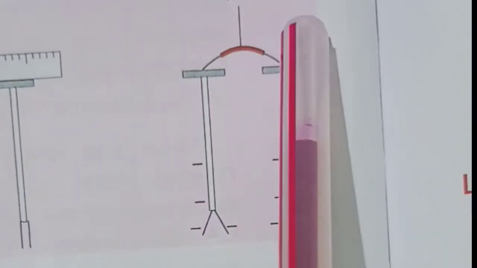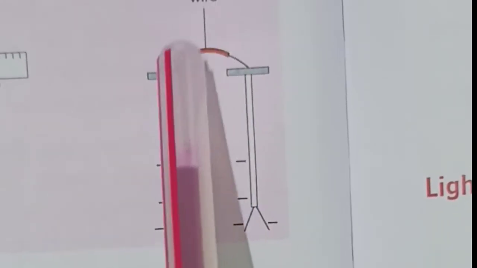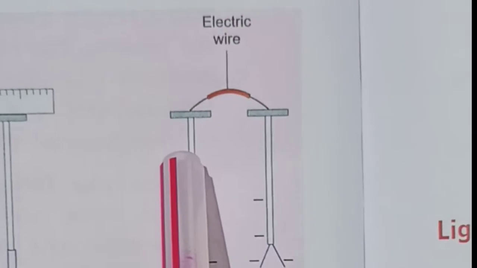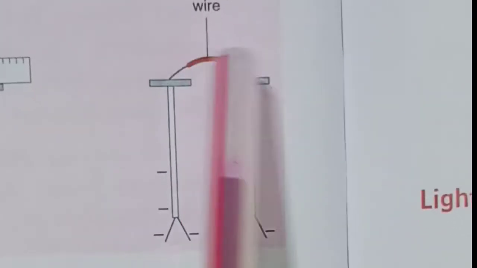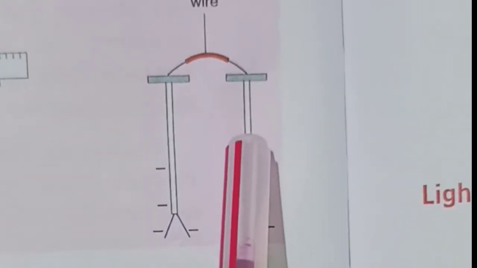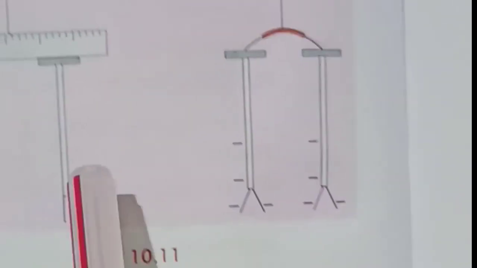so this is the negatively charged one. I have removed this scale. Now I have placed a good conductor, aluminium wire, copper wire. I have connected these two, so these metals get charged by conduction. The charge from here got into this one, this got charged, and it is also a metal disc, so it also got charged, and all these are metal, so divergence takes place. So this activity proves that.